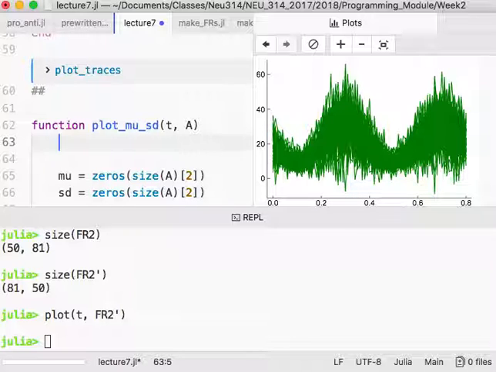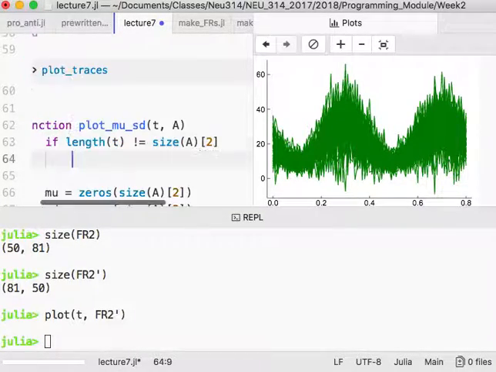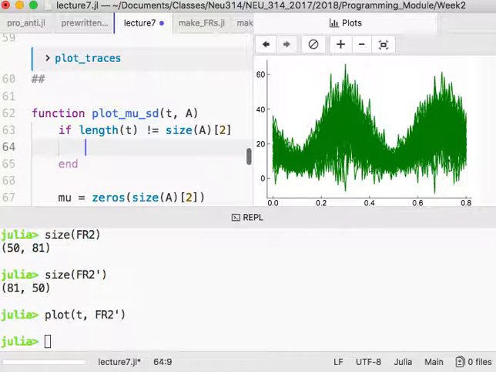Maybe they forgot. They don't get some weird behavior or some error that is hard to figure out. So we could put in something like, if the length of t is not equal to the number of columns in A, then we say,